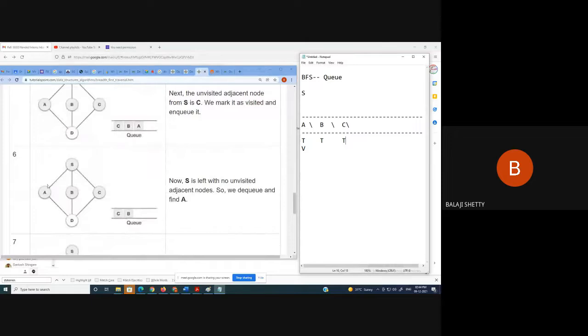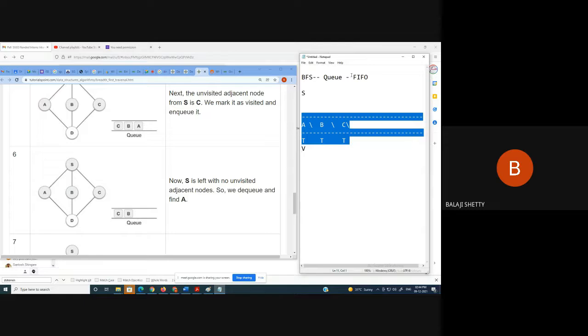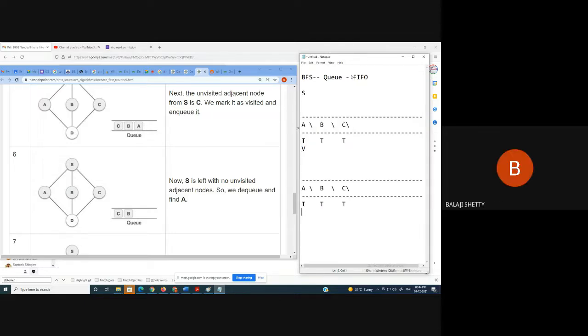Now let me know, is any other node there? No. Then what you have to do? Now a queue operates on the principle of, tell me, first in first out, or last in first out? First in, first out. Now who is the first node? A node. What you have to do afterwards? Tell me. Who will come first? A. Correct. So we have to remove A and push the adjacent node of A. Who is the adjacent node of A? D. Correct.